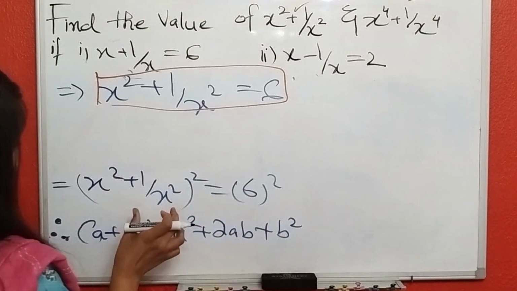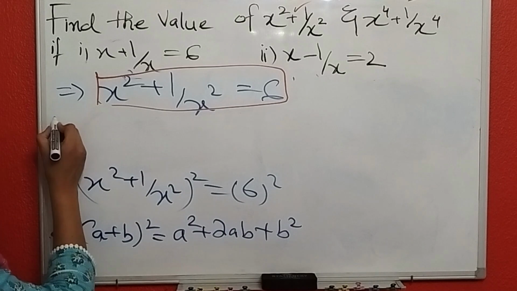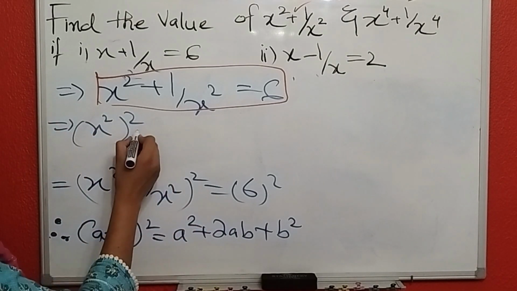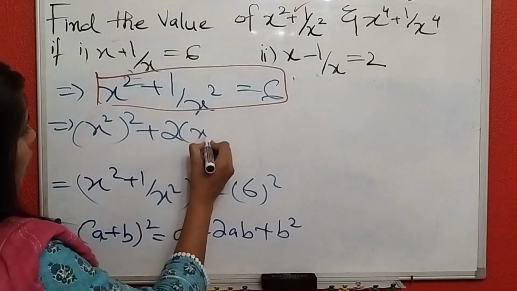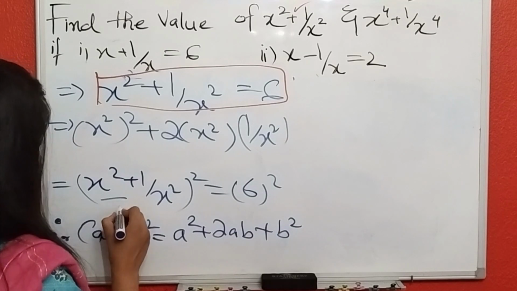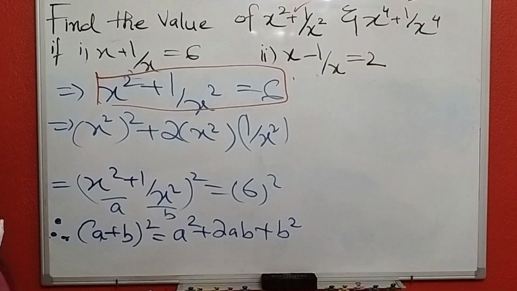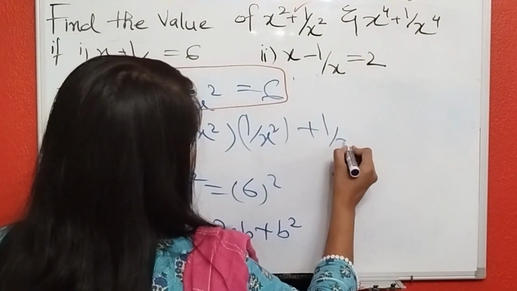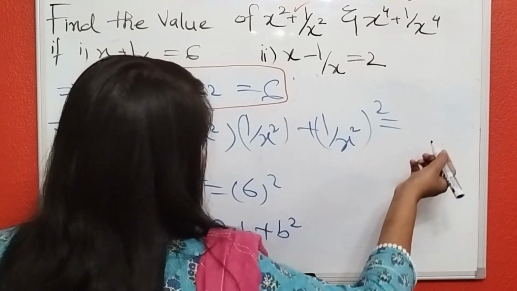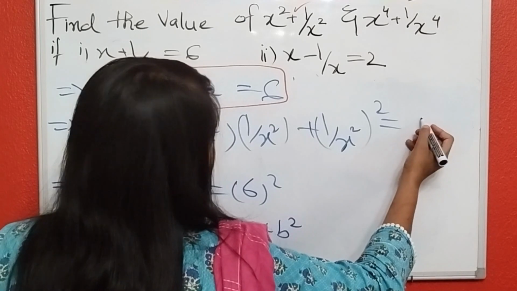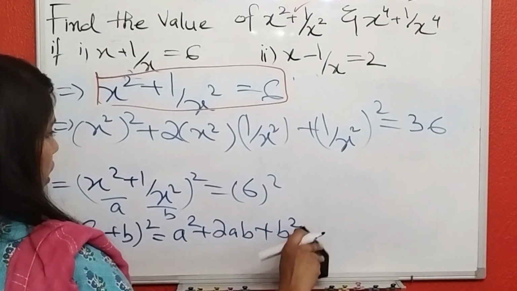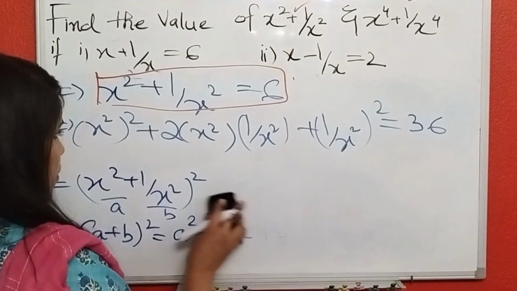So now let's open this bracket according to this formula. So x square whole square plus 2 x square into 1 over x square, as I have assumed this as a and this as b, plus 1 over x square whole square is equal to the square of 6, 6 times 6 is 36. So I am going to erase these two steps to solve